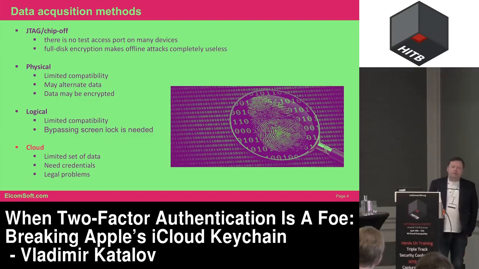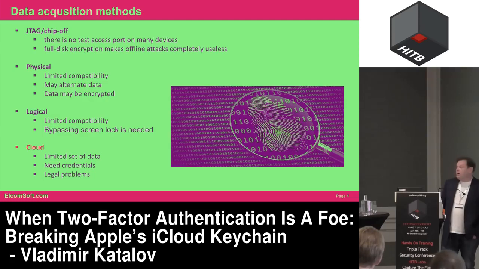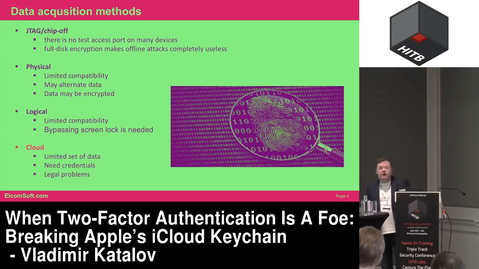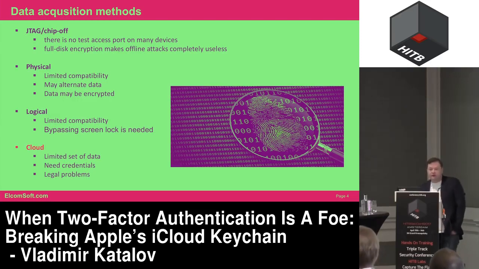But the problem is that most modern smartphones are using encryption now. For the iPhones, it started with iPhone 4, and the chip-off method is completely useless. For Android phones, the encryption is available since Android version 4.4, I think. It was optional, and it was easily crackable because it was based only on the passcode on the device. Starting with Android version 5, the encryption is strong and also based on the hardware key. But still, attacks for some Android devices based on some chipsets are still available.